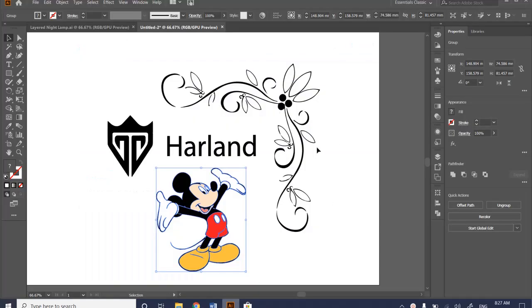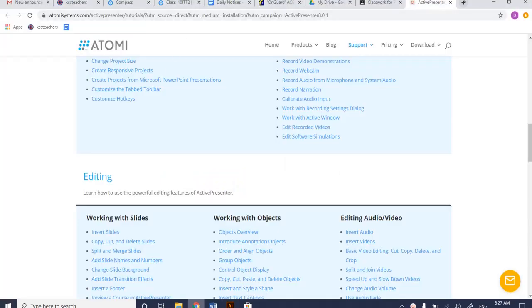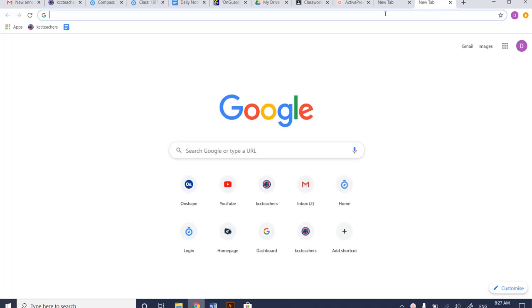Hey guys, so we're going to make this picture here using the process I taught you guys in class. So what you're going to need to do is open up a new tab, and